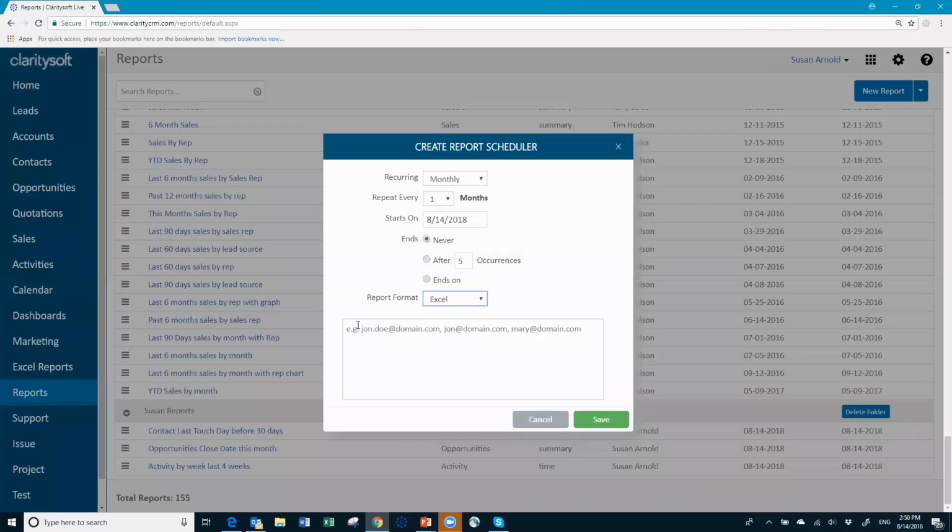So I would pick this, and then in this box here, you can type as many email addresses as you like. So if you have multiple people to send these to, you type an email address, you press a comma and a space, and then you put the next one. And then you can send a whole list of things. And then when you save this,